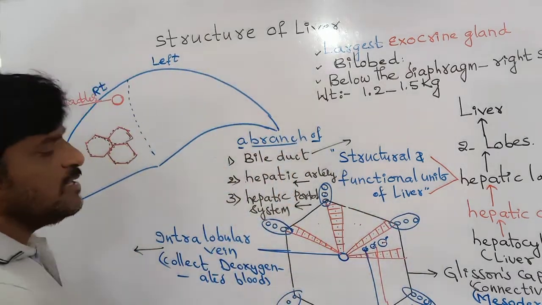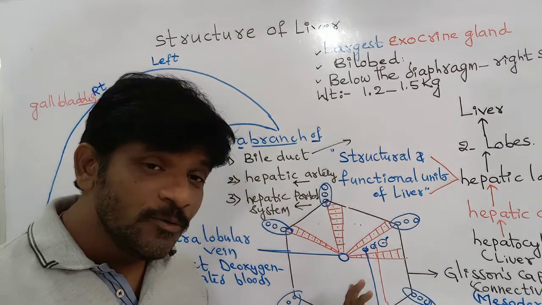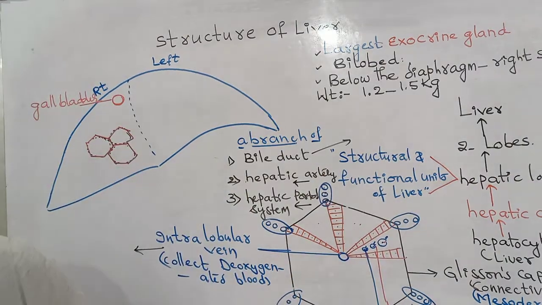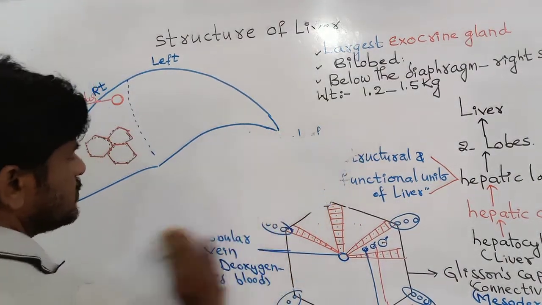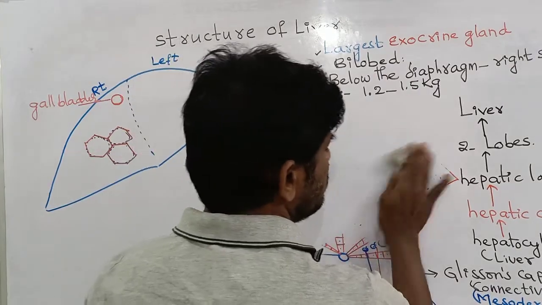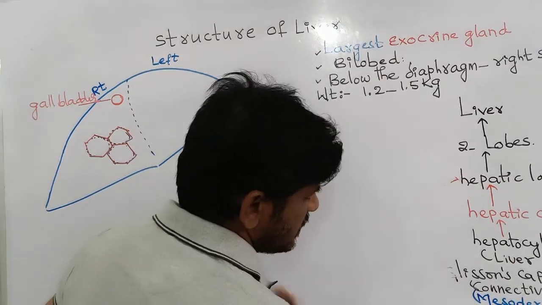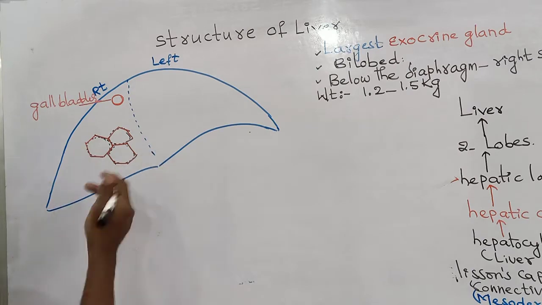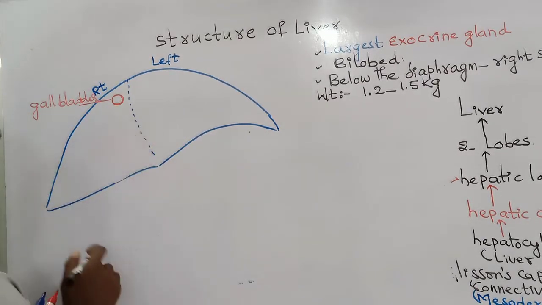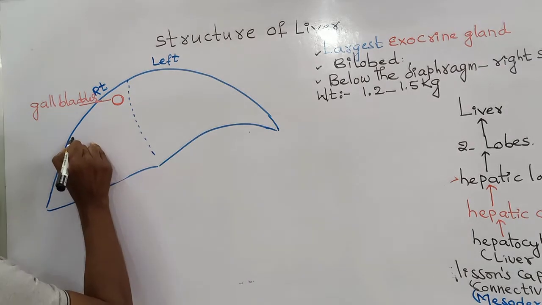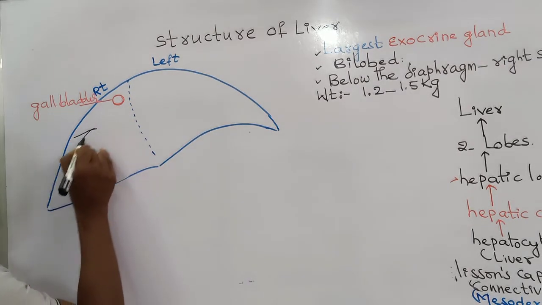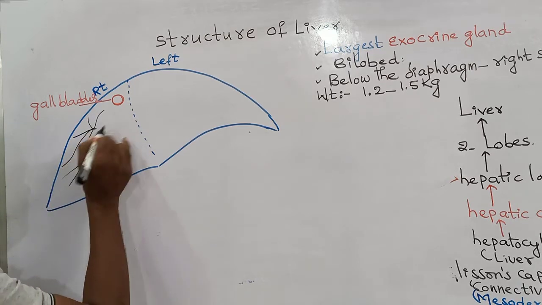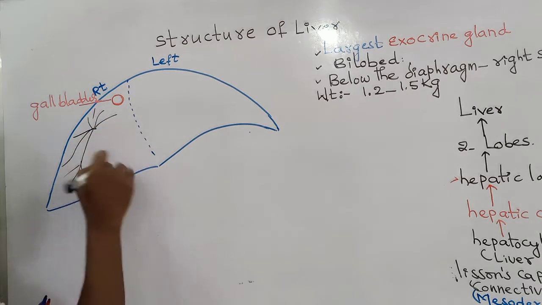This is all about the structural aspect of the hepatic lobule, and the lobules form the two lobes and then the liver. Bile juice is the secretion of the hepatocyte cell, and from that cell bile juice enters into the small tubules. These are the small tubules, many tubules from every lobule. These are the tubules, all tubules from one lobe.